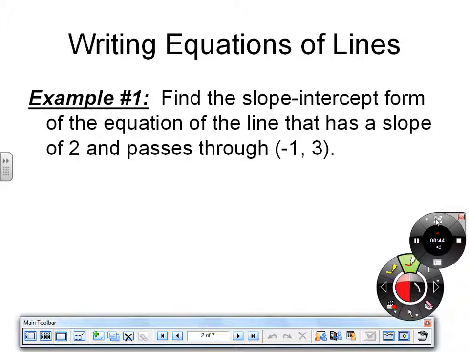So here our goal is to write the equation in slope-intercept form if we know the line has a slope of 2 and it passes through (-1, 3). Okay? So ideas on what you guys would do first. How would you start this problem? Because you've seen it in Algebra 1, you've seen it in Algebra 2. If somebody gave you this, I'm sure you would do something, right? You have some idea of how to start. So what would you guys do to start? Okay. So if we put it in point-slope form, which is a good idea